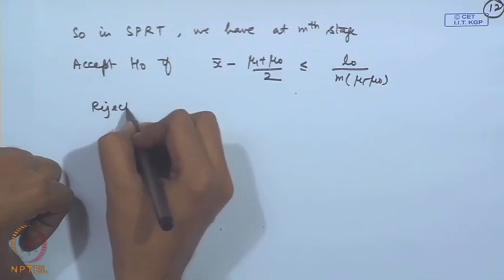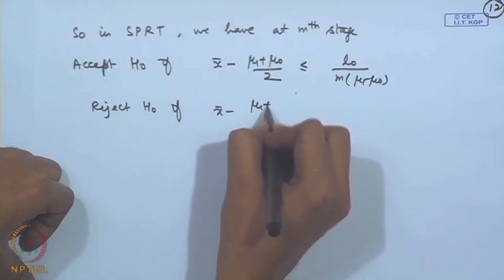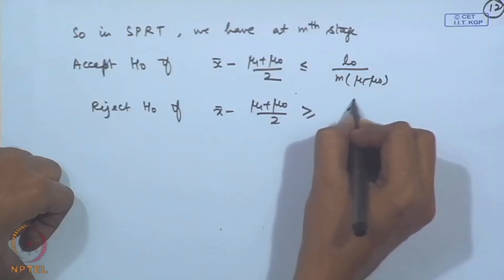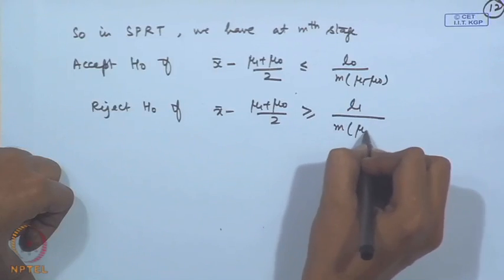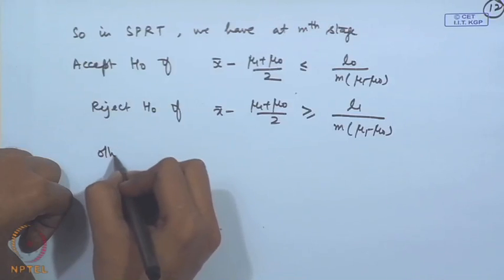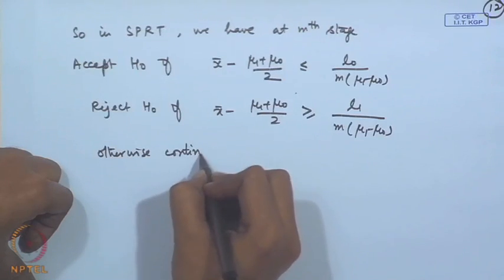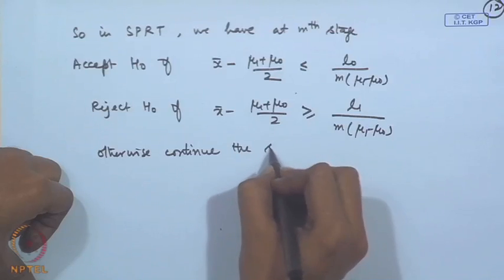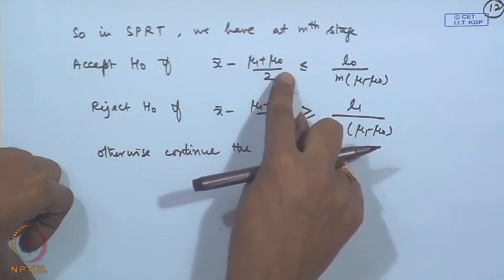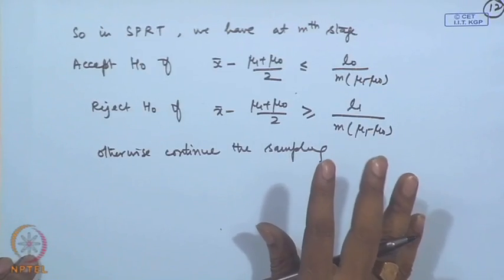Reject h naught if x bar minus (mu 1 plus mu naught) by 2 is greater than or equal to L 1 divided by m times (mu 1 minus mu naught). Otherwise, continue the sampling. That means if x bar minus (mu 1 plus mu naught) by 2 lies between these two quantities, then we